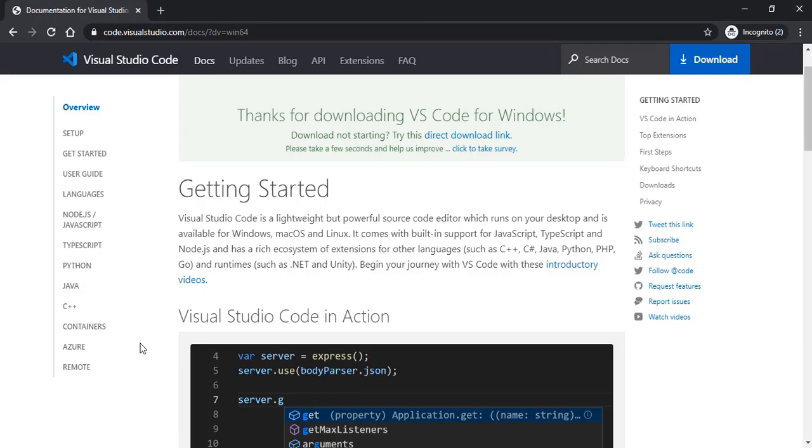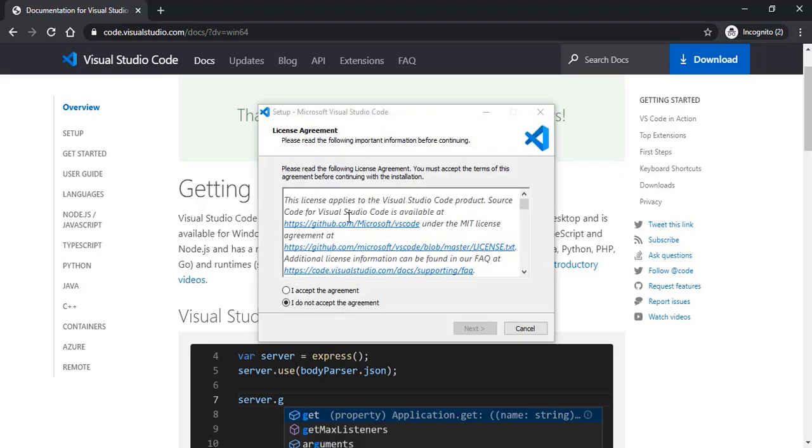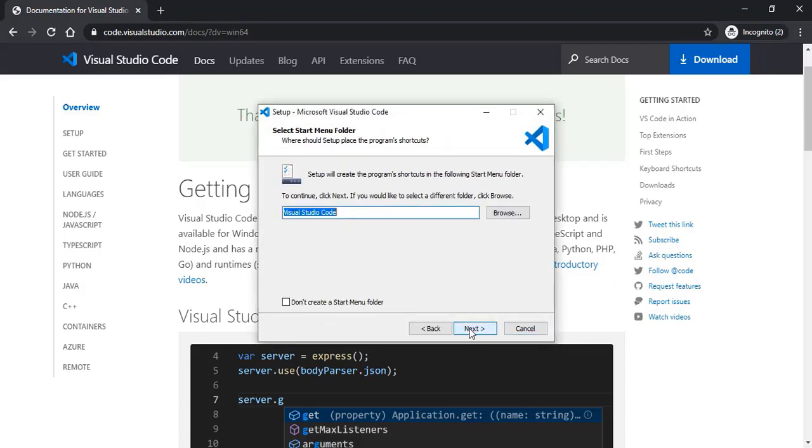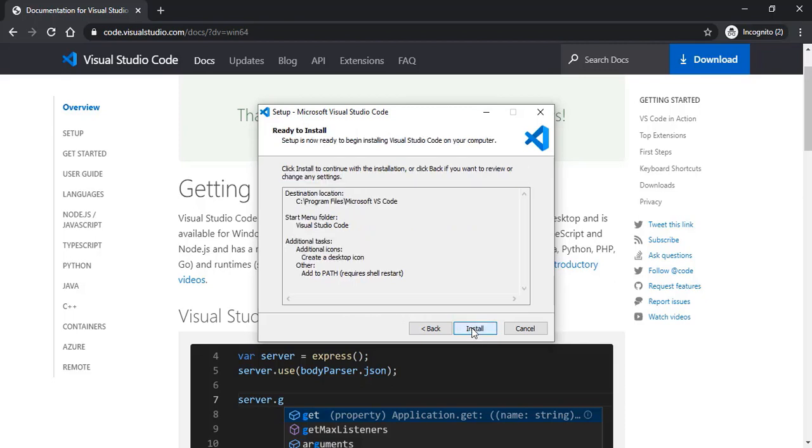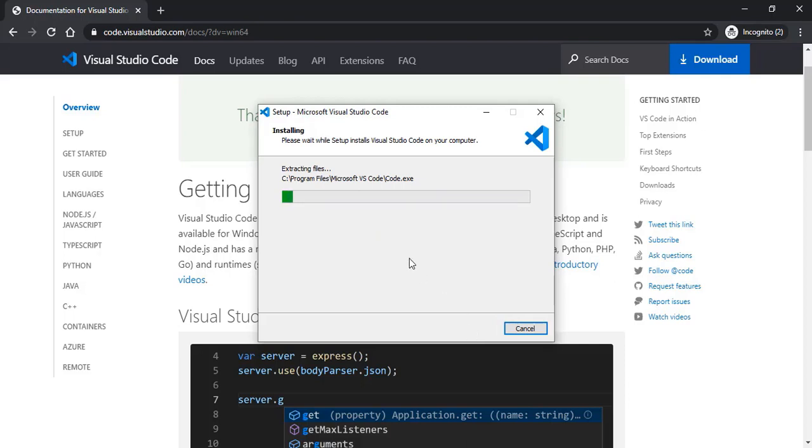All right, I accept. Next. All these values can be default. Nothing much to change. The path is already added by default from the software itself. So click install. It is getting installed right now.